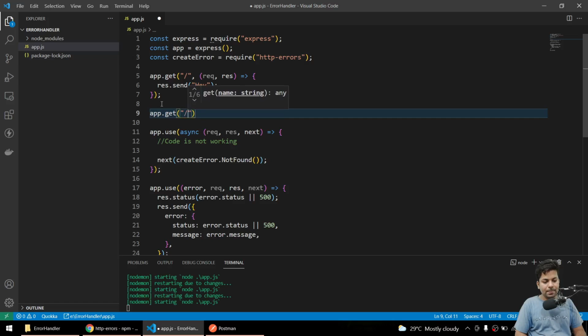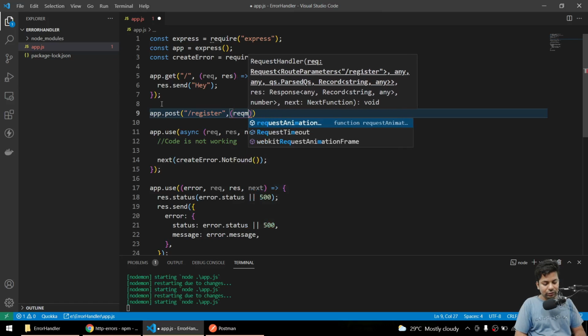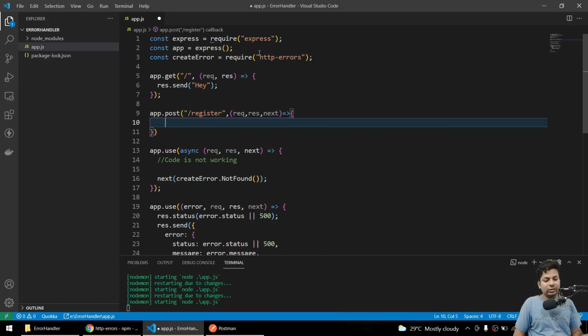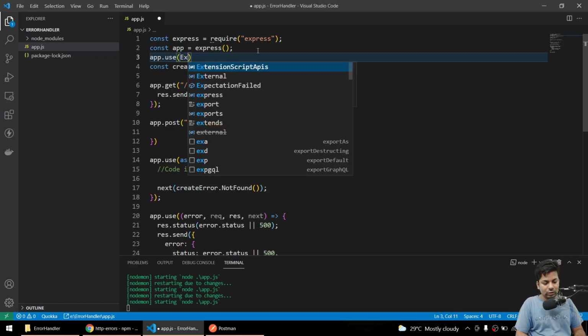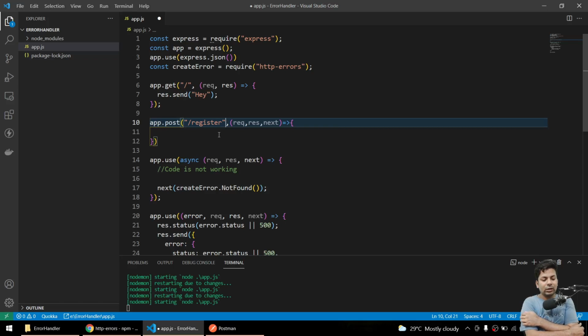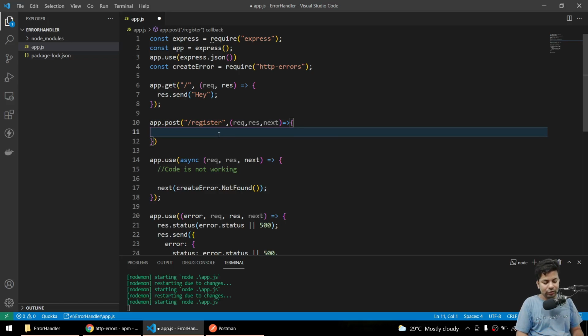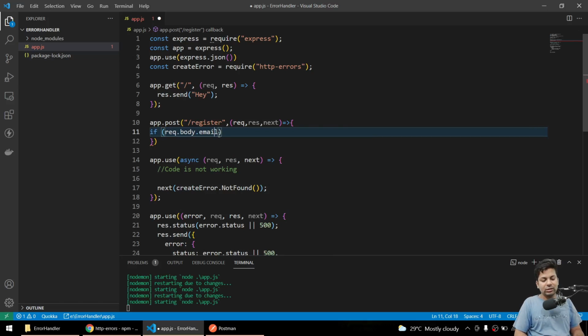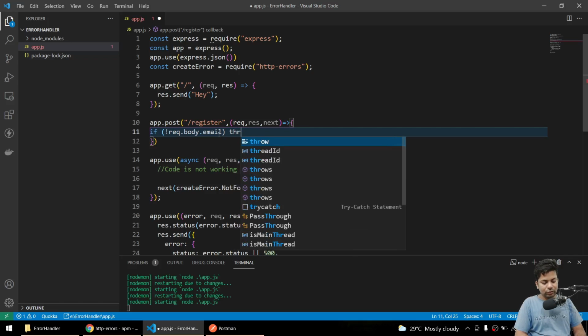Now the main purpose, we have to check it in any real route. So if I say app.get, we'll say register, or we'll say app.post. So here also we'll take request, response and next. In general you send data in the body, so here I just say app.use express.json. In general we use data like email, which is common, so let me write like this: if request.body.email, if the email is not present, return, sorry, we'll say throw